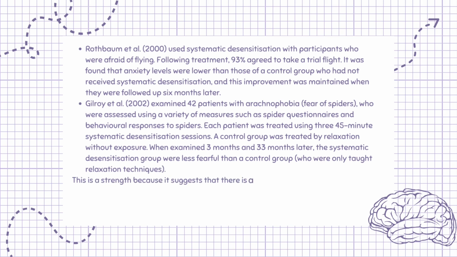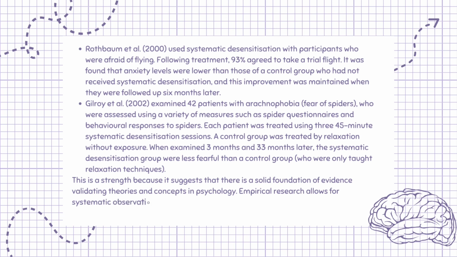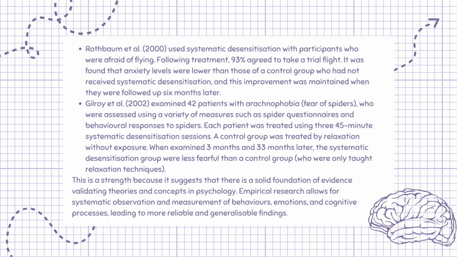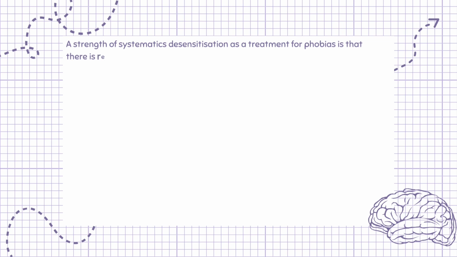This is a strength because it suggests that there is a solid foundation of evidence validating theories and concepts in psychology. Empirical research allows for systematic observation and measurement of behaviors, emotions, and cognitive processes, leading to more reliable and generalizable findings. A strength of systematic desensitization as a treatment for phobias is that there is research to support the